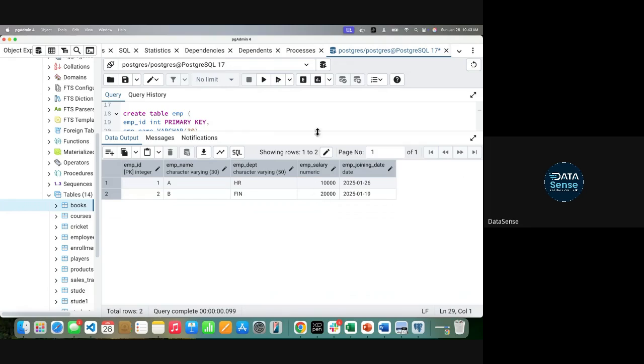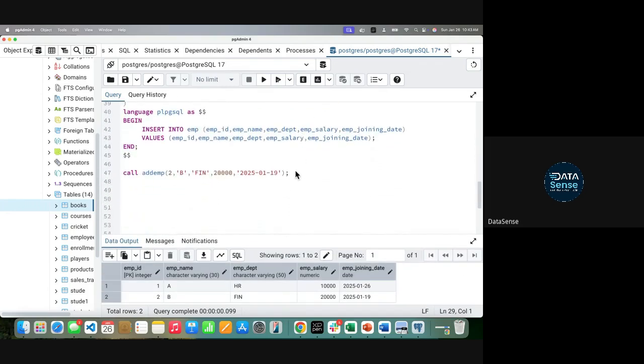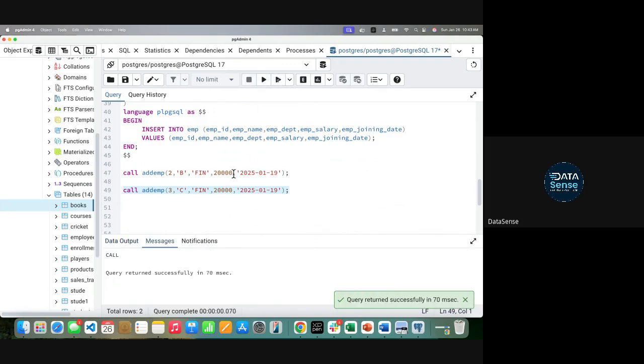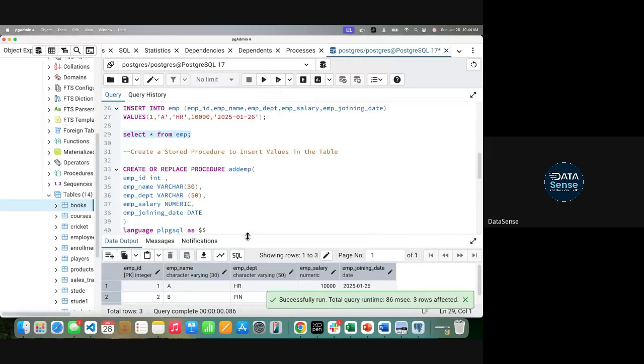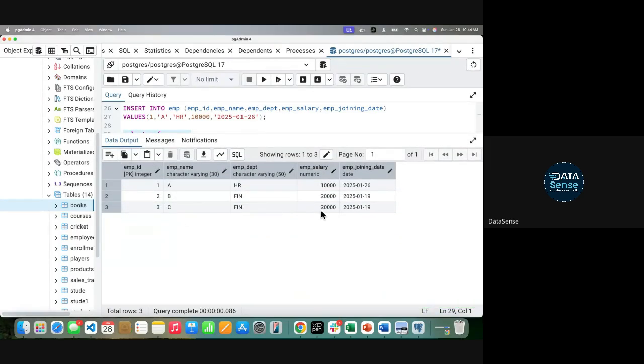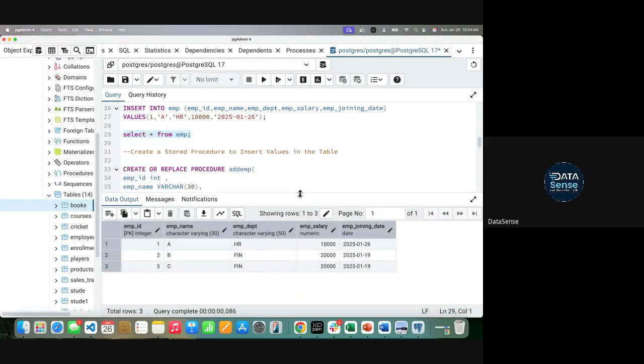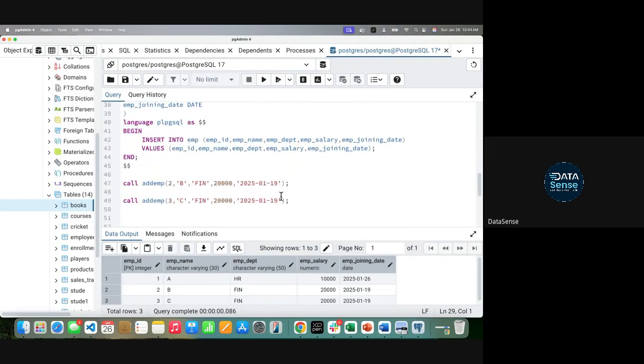Now let's run more commands. Let's say I have to insert more statements. I'll simply call this and make the ID 3. Let's say other details remain the same. Run this. Now execute your command. Now the C employee will also come in your table. So this is how your stored procedure is executed. Remember, whenever you're running it, it is not giving you a table. You have to go and check that separately. Any doubt, anyone?